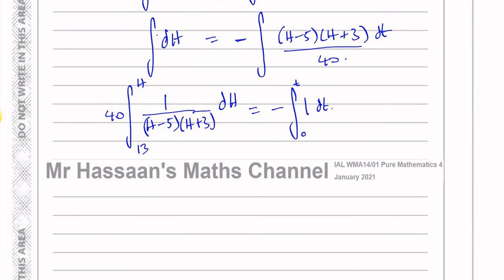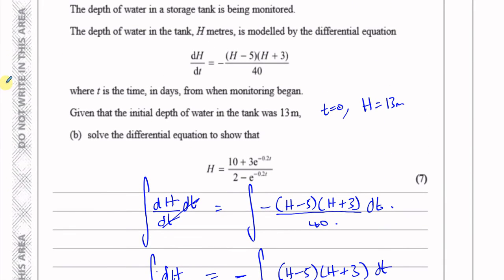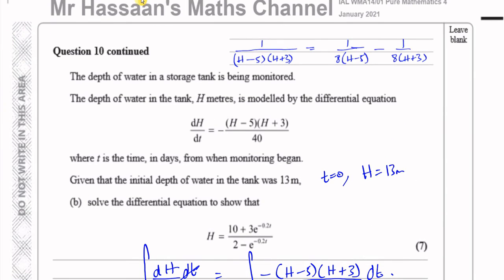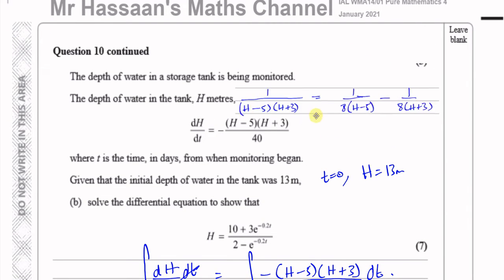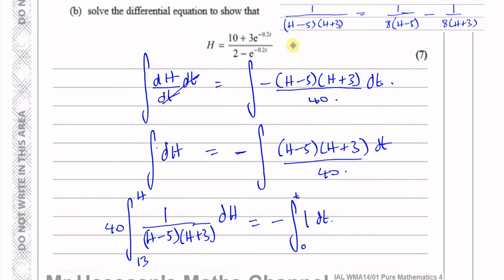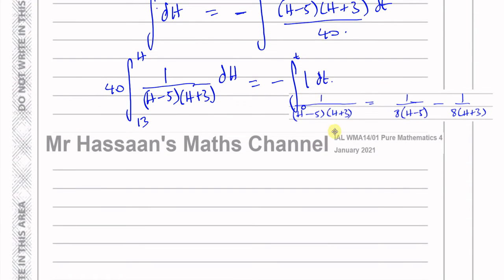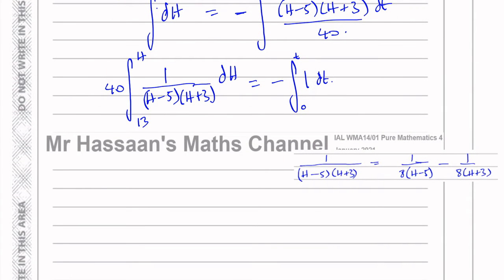integrate these. Now this is where part A comes into play, because to integrate this section here, we have to split this into partial fractions, which we've already done in part A. So that's already up here, so I'll just bring that down for us to see over here. Okay, that's how we split it into partial fractions in part A. So I'll just write this over here so we can see what we're doing. So this is going to be 40 times